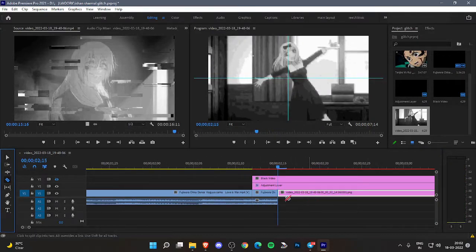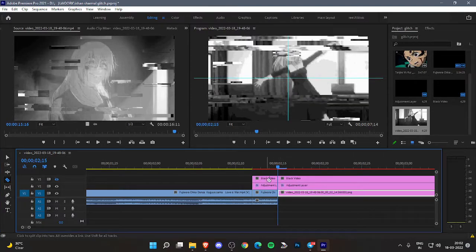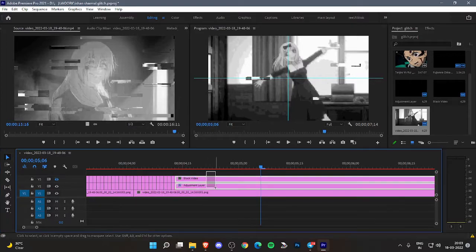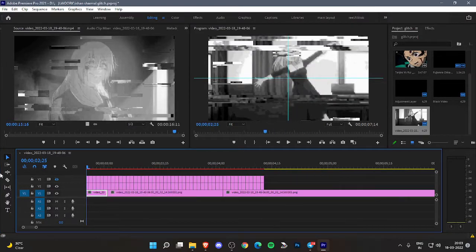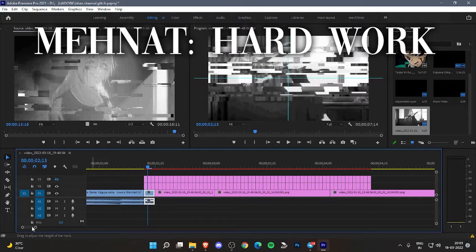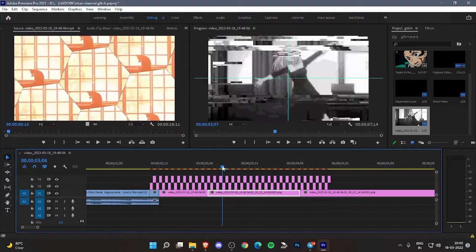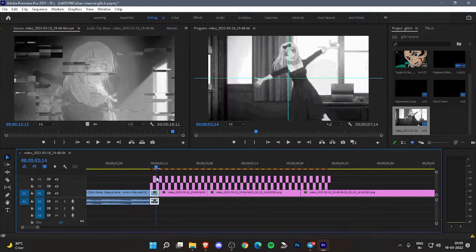Take the razor tool and make a cut on every frame. Well, I guess this should be enough. I don't want to do so much minute. Okay, now what you have to do is delete this black one and delete this adjustment layer like this. I forgot to enable this. So yeah, we have the glitch effect,